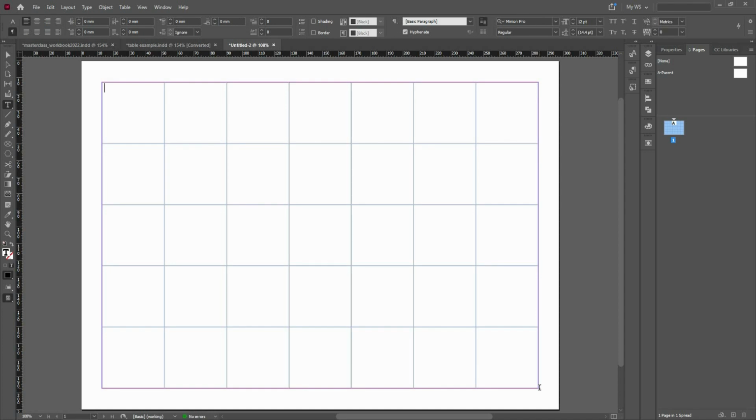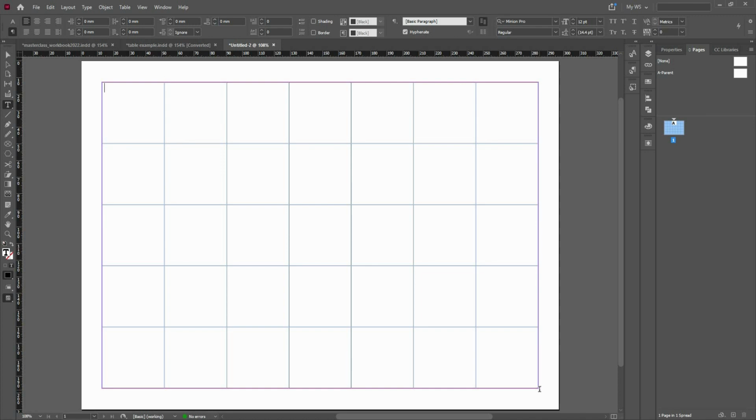Once you do that, you will see that it will be split into 7 columns and 5 rows, out of which the first row is our header row, where we will see the information which each of these columns represent. If you have older versions of InDesign,